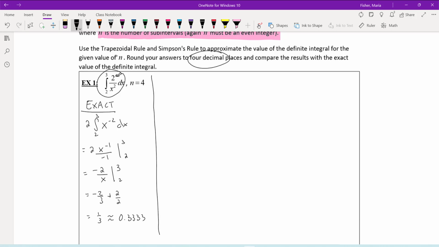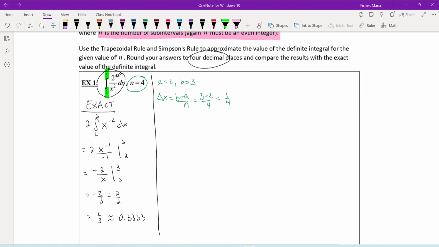To do the trapezoidal rule or Simpson's rule, for both of them, before you start, you need to figure out what delta x is, and you need to split up your interval. In this case, you know that you're going from 2 to 3. So that means that a is equal to 2 and b is equal to 3. Your subintervals are given as 4. Therefore, delta x is going to equal (b minus a) over n, or (3 minus 2) over 4, which is